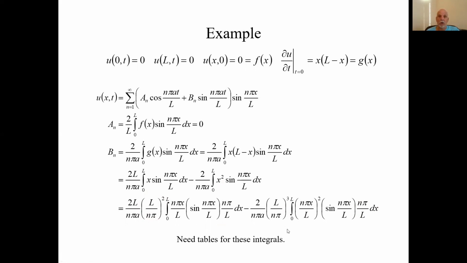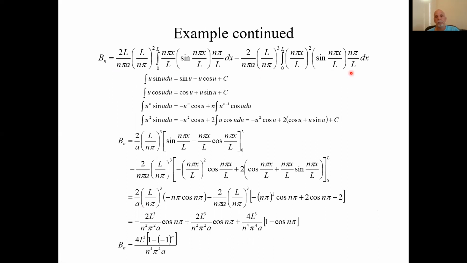These guys are now in the form of what's in the table. So now we're just using the table. So it's, let's see, it's the first guy, which is this guy, minus all this, and this is the u squared, so this thing. I evaluated all between the limits 0 to L. I'm not going to go through all that arithmetic. Let's see, one thing,